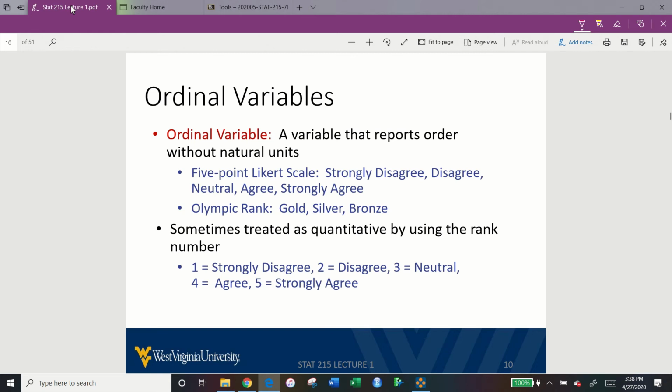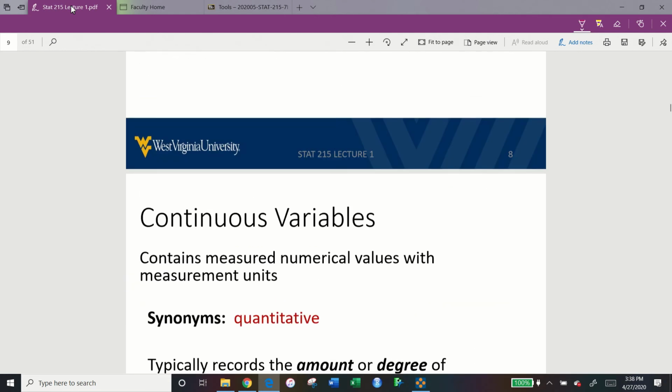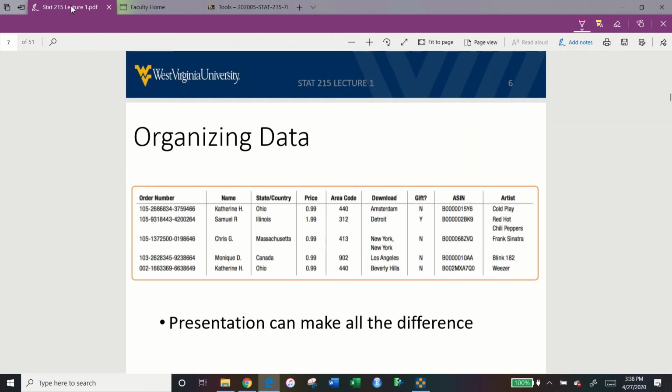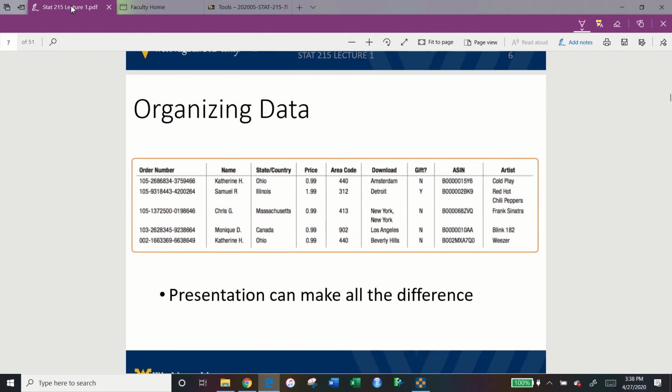So using our data and our different types of variables, we're going to transition to how we are going to visually represent that data. So before we do that, let's just take a summation of what we've done so far. Data, once again, is information that we have collected about some sort of subject. That data can be categorized into different types of variables.